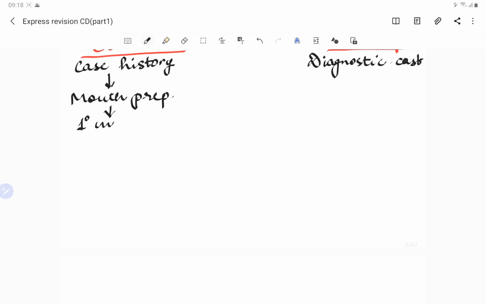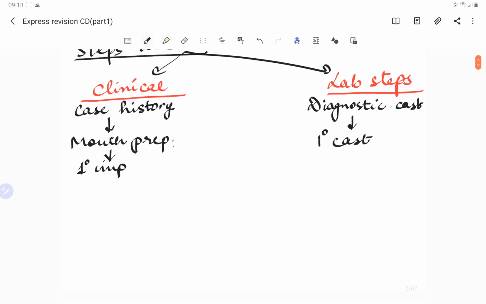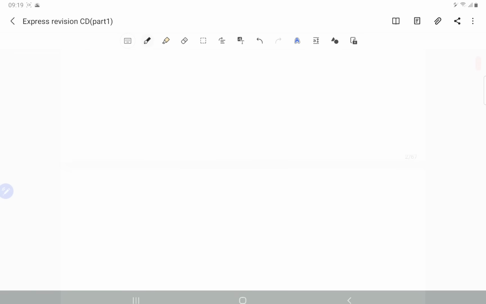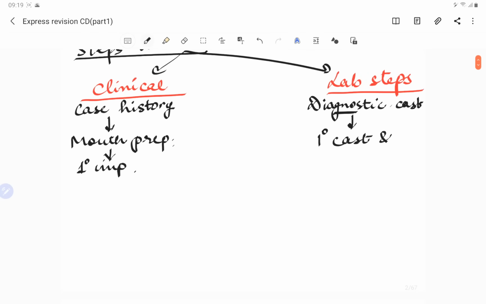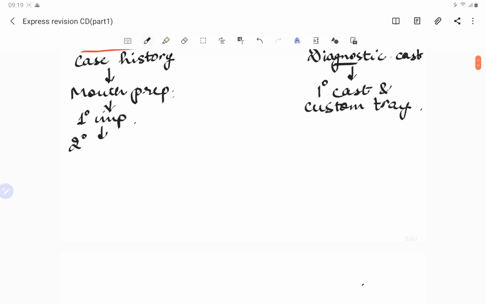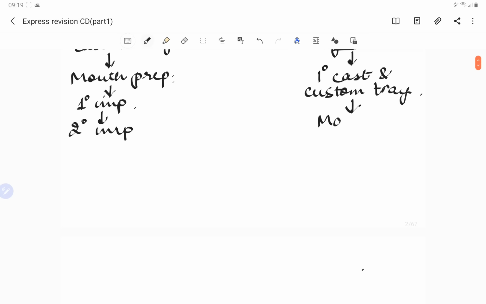Then we take the primary impression of the patient. And after making the primary impression, we make the primary cast. Suppose there is no requirement for any pre-prosthetic surgery, then directly our diagnostic cast will be our primary cast. Then we take the primary cast and we prepare the custom tray, right. Then we take the secondary impression. We'll be talking about all these steps one by one. After taking the secondary impression, we prepare the master cast in the lab